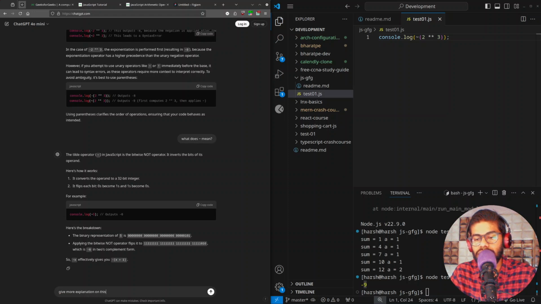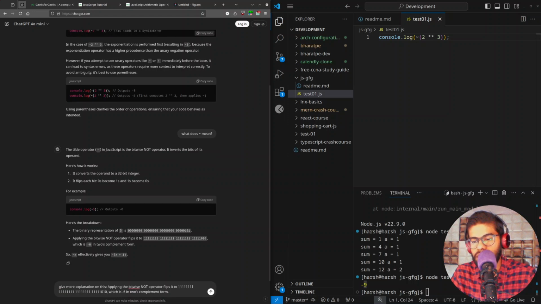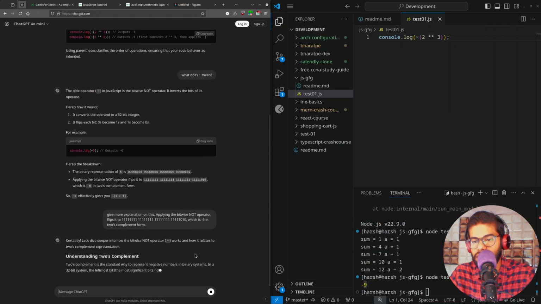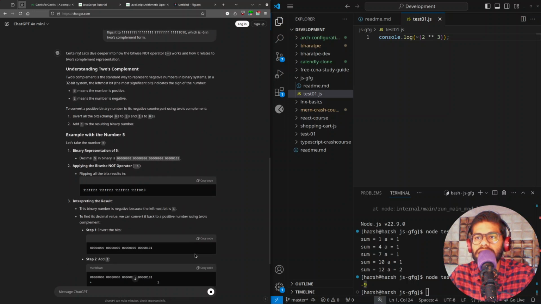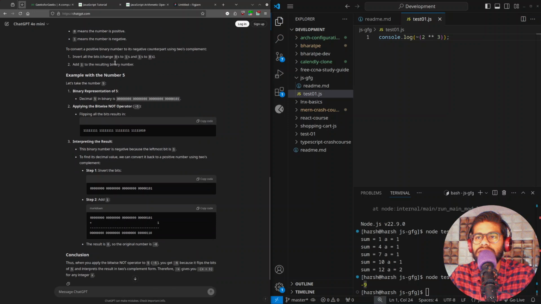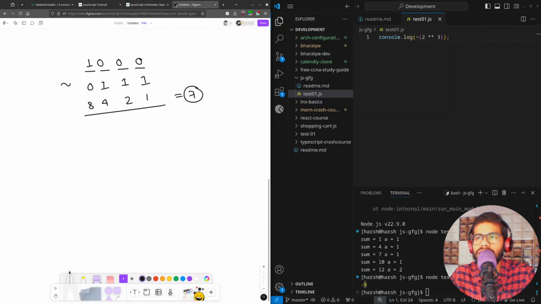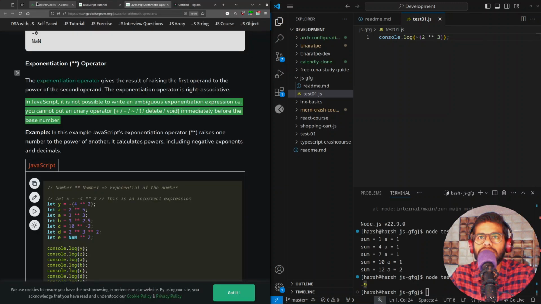Explanation on this. Understanding two's complement: 0 means positive, 1 is negative, invert all bits, change to 1. Very good. Adding 1 to the resulting binary number. Okay, it answers to 7. But